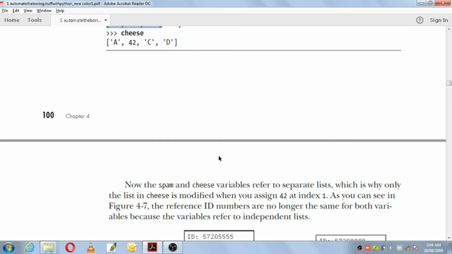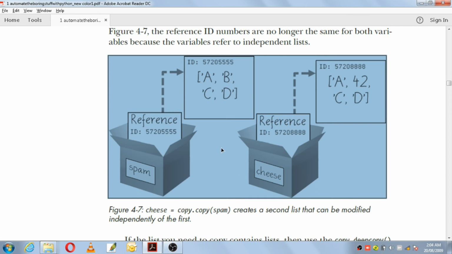Here in the diagram, this is the spam variable, the reference ID is stored here and its value is a, b, c, d. But cheese has a different reference ID because its value changed as you replaced b with 42.